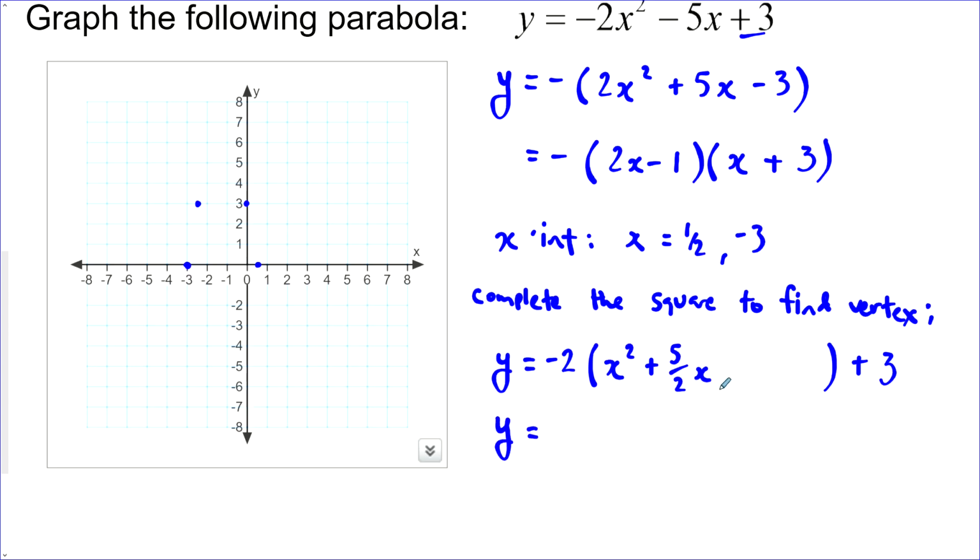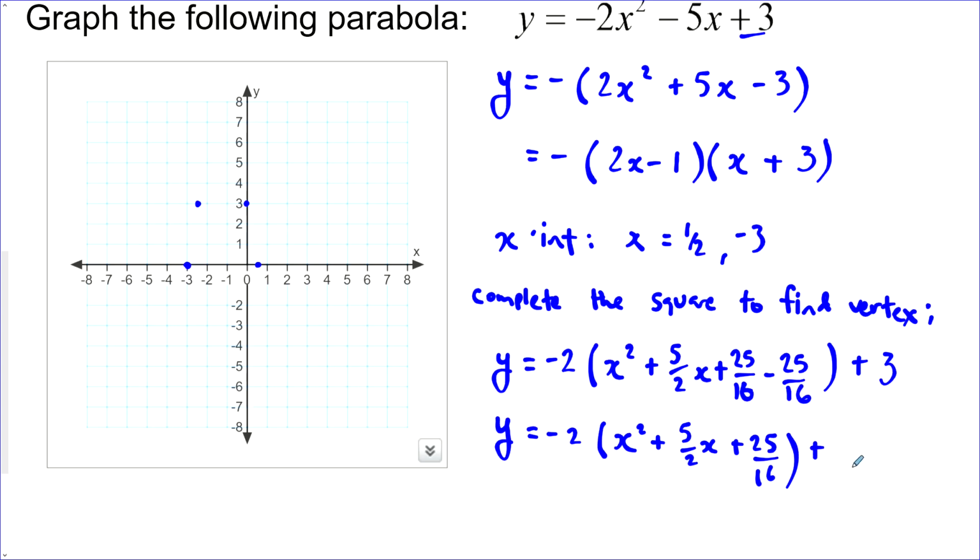Next, we want to figure out who's the perfect house guest. That would be half of this, so 5/4 squared. So 5 squared is 25 and 4 squared is 16. And he brings his negative friend. Now, we want to get rid of that negative friend. He's going to ruin the perfect house party. So we use the bouncer to kick him out. So negative 2 times negative 25/16 becomes positive. So in this case, he likes going out to the backyard, plus